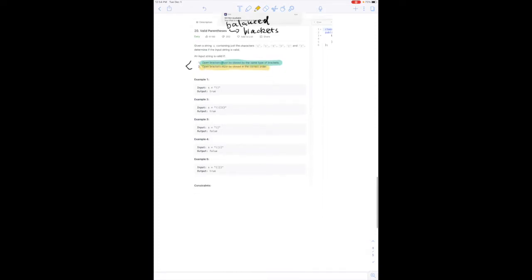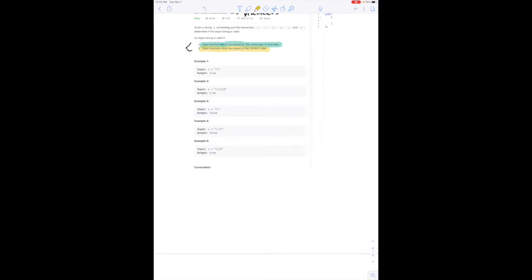So they give some examples. So this one is true. I'm gonna change the pen color. This one is true, right? So we have an open parenthesis, and those are true. One open follows the same type of close. One open follows the same type of close. And this one is not because it doesn't have the closing one. And this one is not closed either